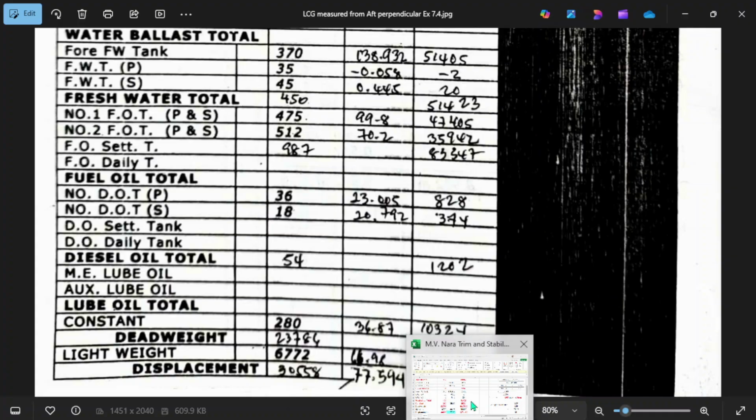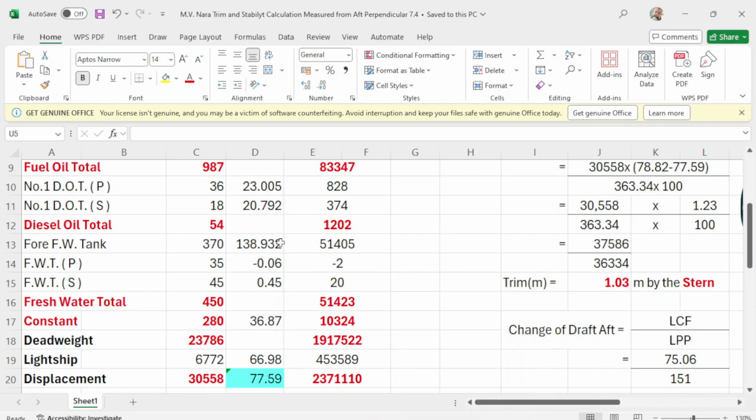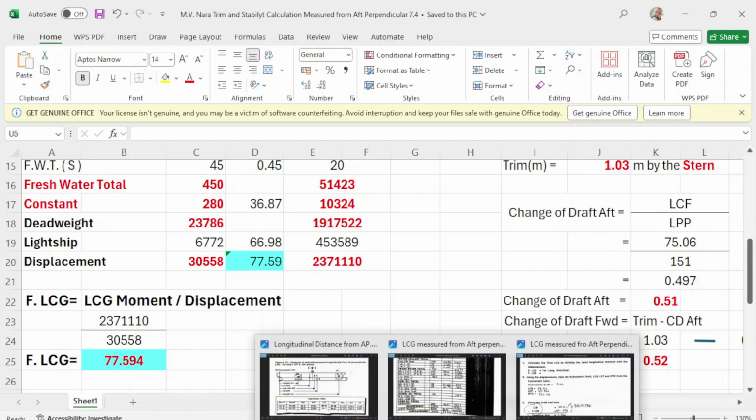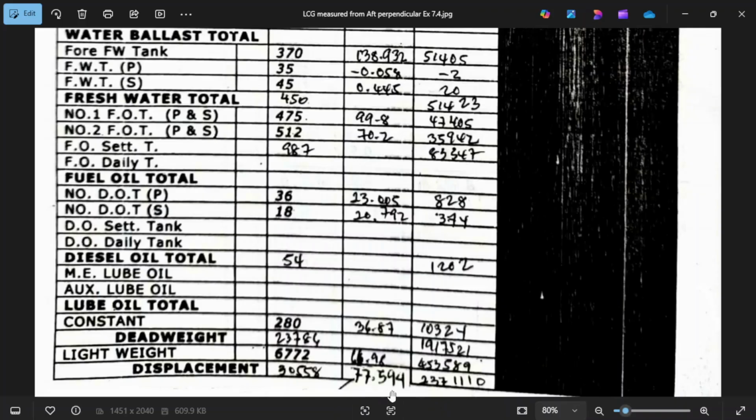Now, just do this on the Excel form, and to get the final LCG, it is the LCG moment over displacement. So your LCG moment is 2371110, it's this one, and your displacement is 30558, and your final LCG will be 77594. Okay,